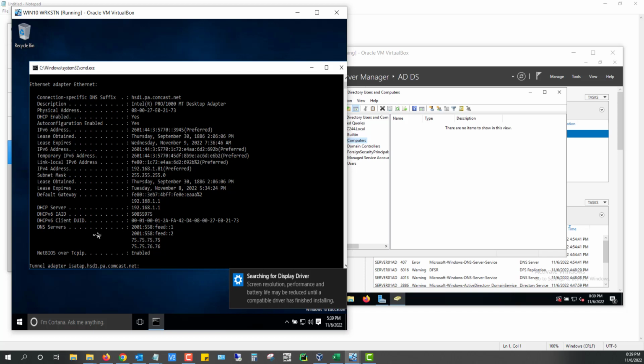What I do want to do is make sure that I'm pointing to the proper DNS, because we're going to be joining Active Directory. And you'll notice the current DNS servers, 75.75.75.75 and 75.75.76.76. And that is the standard Comcast DNS servers. But I'm not going to want to do that. What I want is for the primary DNS to point to our server 01 AD,